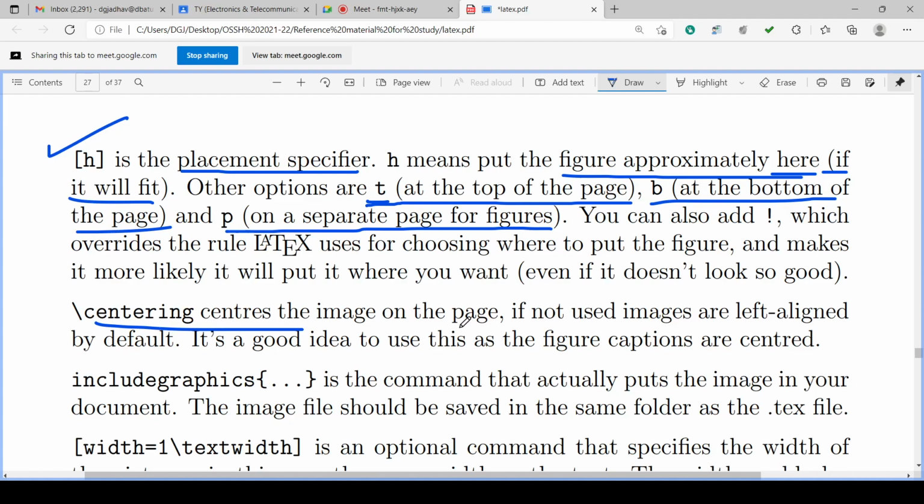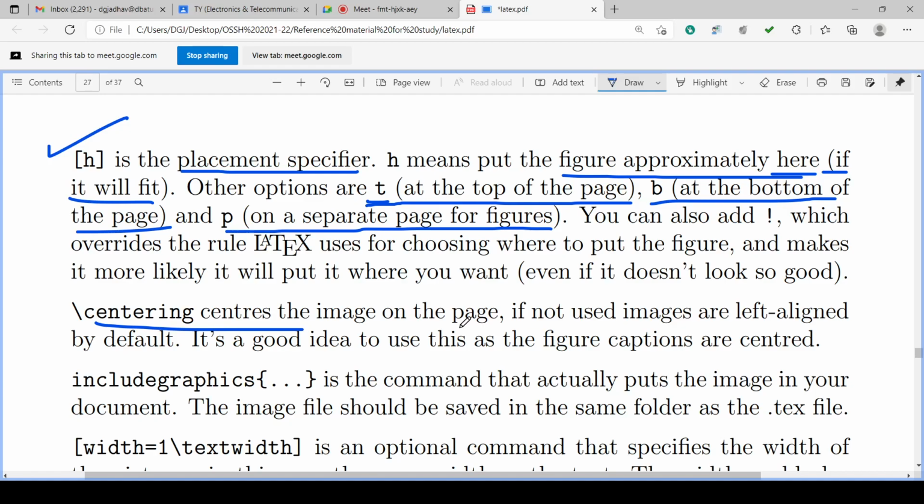If the caption is centered, the figure also should be center aligned, isn't it? So both will match. The figure and its caption will match each other and will not have a displacement in their placement. Okay. So generally we will keep the backslash centering command. It will center the image because the caption is centered.